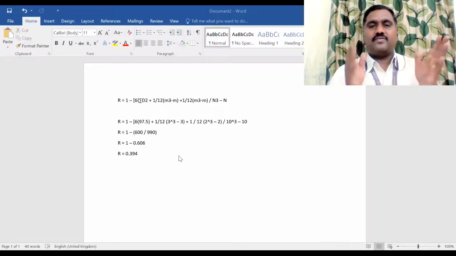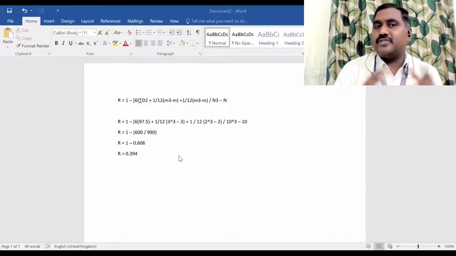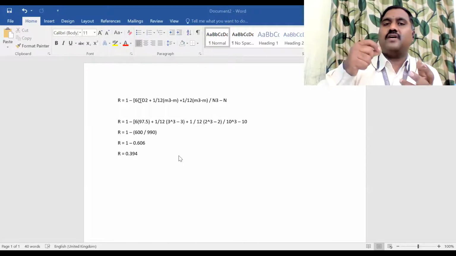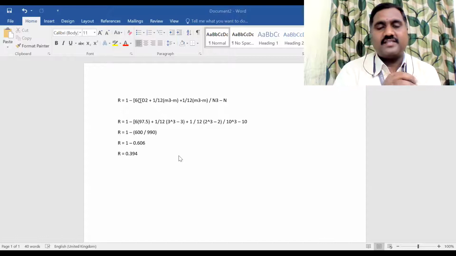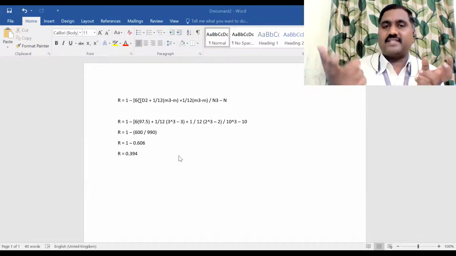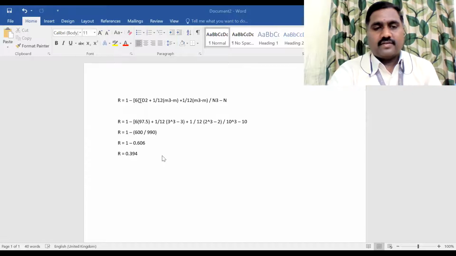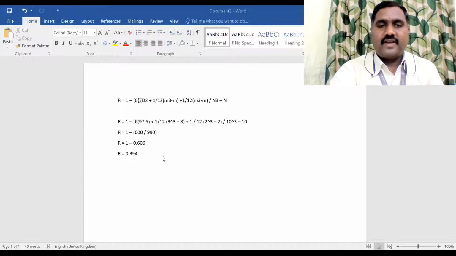Otherwise, you will get a disturbance in the value. Sometimes both mid values will be there where it shows the same value. In that case, you cannot justify which one is the exact thing. So in those cases, they will not use smallest to highest. They will use highest to the lowest. Why? Because we are ranking from 1 to 10. 1 is the highest rank, but the value is 1. So in those cases, they are going that way. Okay, is it fine?